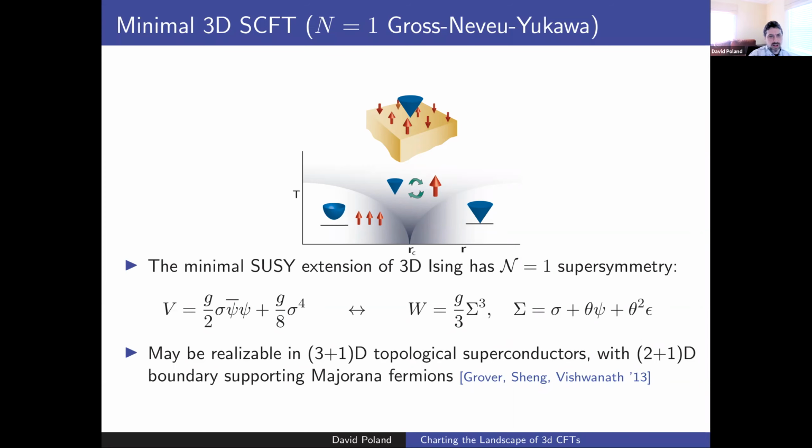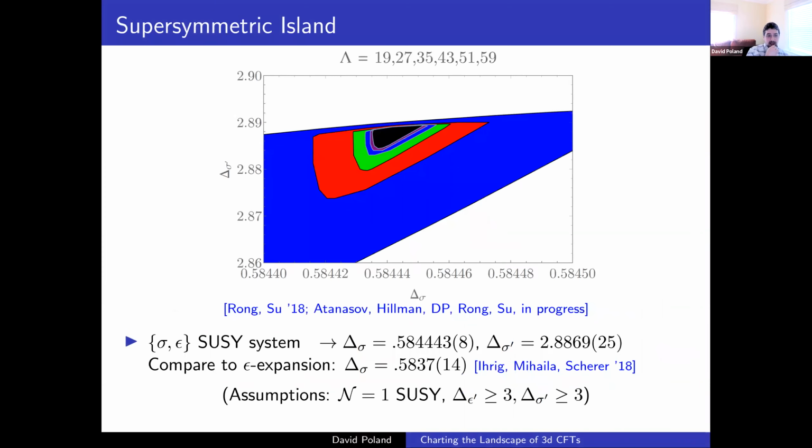So this is also an interesting target for the Bootstrap, because you can throw all the constraints of supersymmetry into the Bootstrap system, and those constrain the system even further. And so we've been able to compute fairly small islands for this supersymmetric extension of the Ising model,